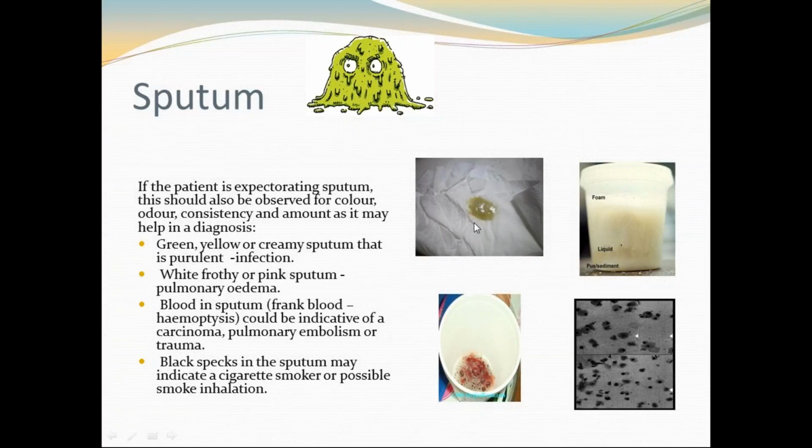So we've got some green sputum here. It's called purulent. It means infection. Creamy green means that there is an infection of some kind going on in the lungs. White frothy sputum, which is here,